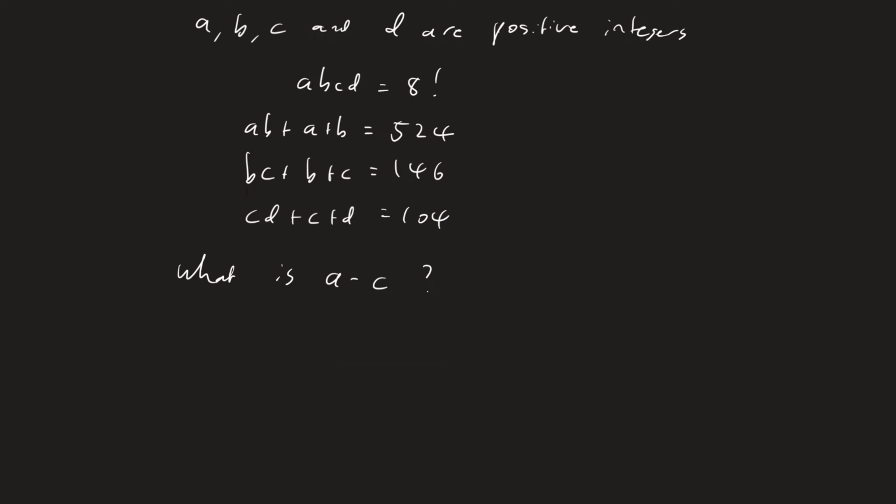Today's question concerns 4 positive integers that satisfy the following 4 equations. Firstly, a times b times c times d equals 8 factorial, where of course 8 factorial is 1 times 2 times 3 times 4 times 5 times 6 times 7 times 8. AB plus A plus B equals 524. BC plus B plus C equals 146. And CD plus C plus D equals 104. We will solve for A, B, C and D, but technically the question only asks us to find A minus